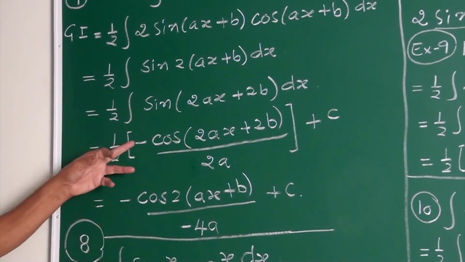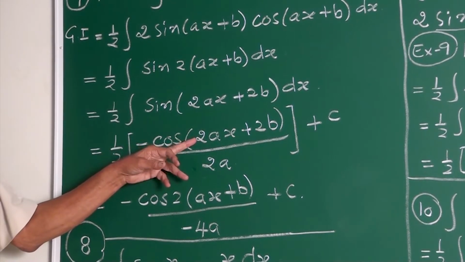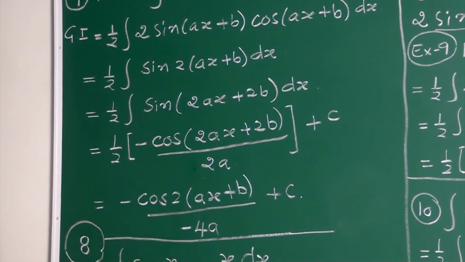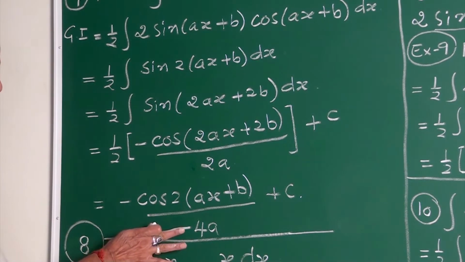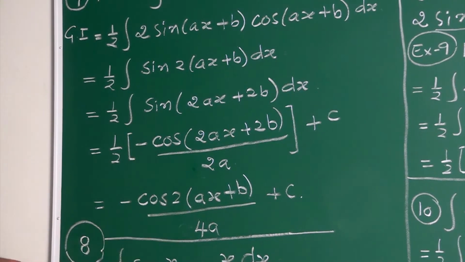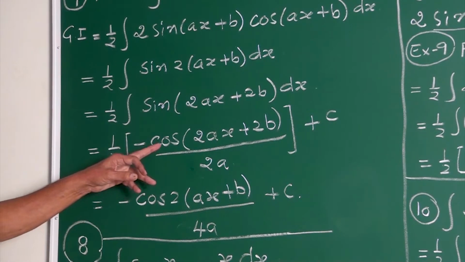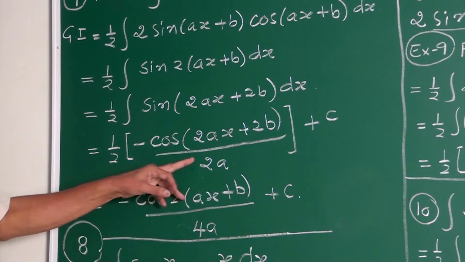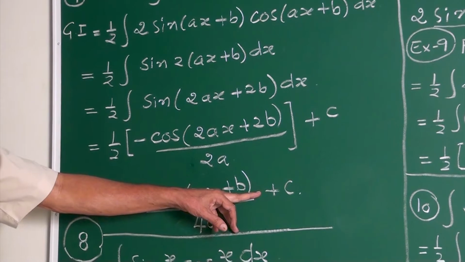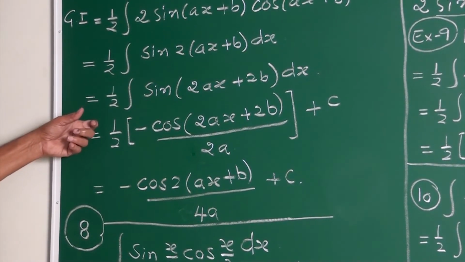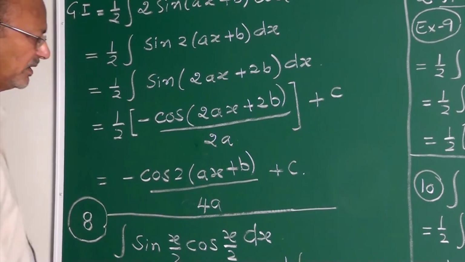Or you can write this as minus cos, 2 is common, (ax plus b) upon 2 into 2a, which is 4a, plus c. It is a good example under a 2-mark question. Then, my friends, there is a 1-mark question